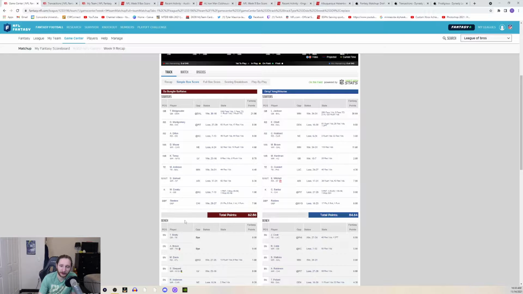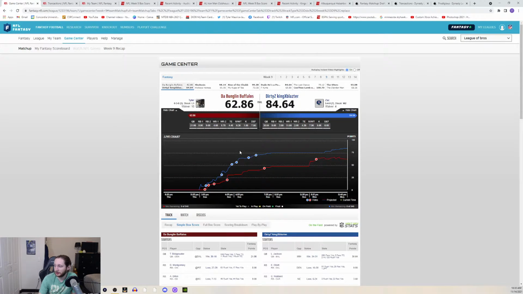Teddy Bridgewater filled in for Tom Brady, who was on bye. He did well. David Montgomery and AJ Dillon did pretty okay. They didn't sink my lineup, but they weren't great. David Montgomery did okay in his return. He looked pretty good, and he got good volume in his first game back from injury. So that was good to see long term. But other than that, DJ Moore continued to struggle. Kadarius Toney just didn't do anything. And yeah, there's not a lot of excitement for week 9 in this lineup.